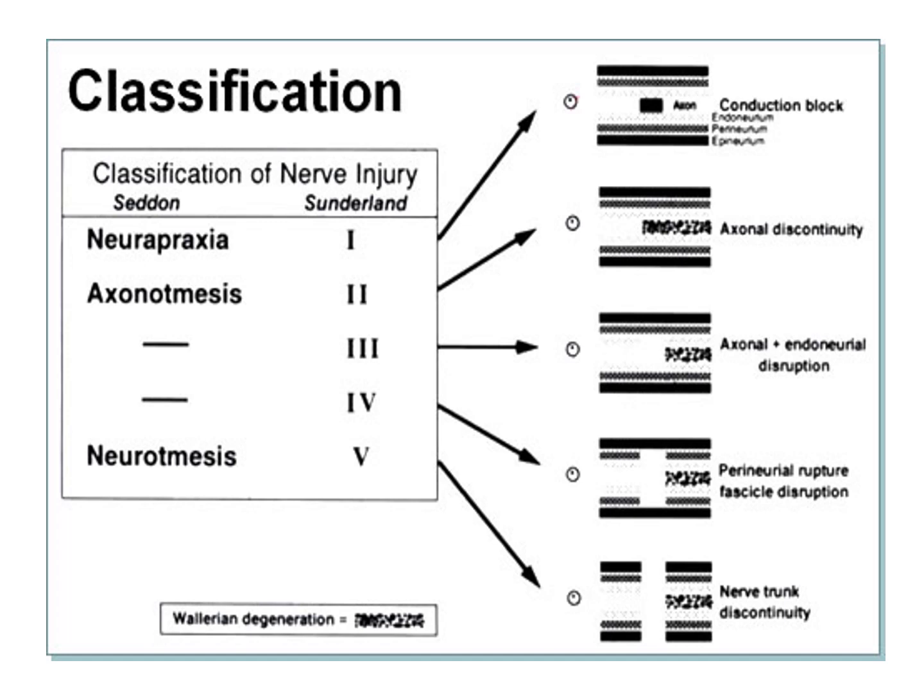Moving on to the picture, grade 1 is a conduction block, and in grade 2 there is an axon discontinuity, and then in grade 3 there is an axonal plus endoneurial disruption. Look at the endoneurium. The endoneurium is also going to get disrupted, and look at the perineurial rupture and also the fascicle rupture. In the fifth degree, there is a complete discontinuity between the proximal portion and the distal portion. There is a complete cut of the nerve trunk called discontinuity. This is actually called Wallerian degeneration. The process of degeneration of the nerve is called Wallerian degeneration.